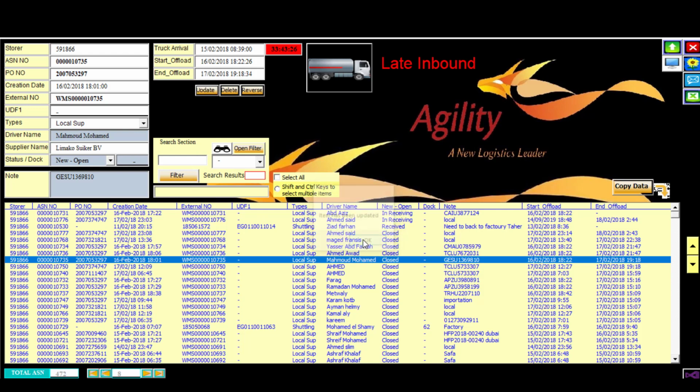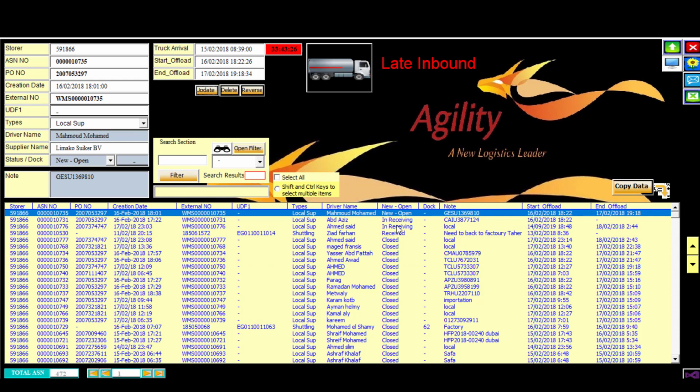Our team has updated. This means the order transferred from closed to new and open. Okay, and start of loading will change and the time will update. Time for this status will update again. Okay, and you can filter